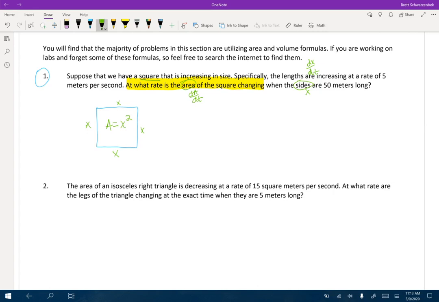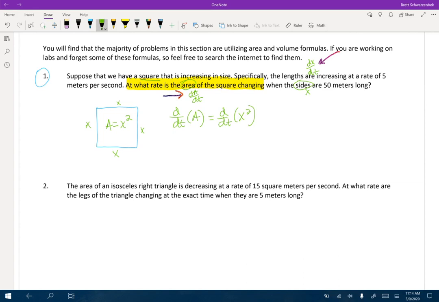Now, what do we need to do with that formula? We need to find the derivative with respect to time of each side. Okay, why do we need to do that? Because by doing so, we are going to develop both of our rate variables. That is the key. That's why we do it. We need to form those rate variables, and you can't do that without taking the derivative with respect to time